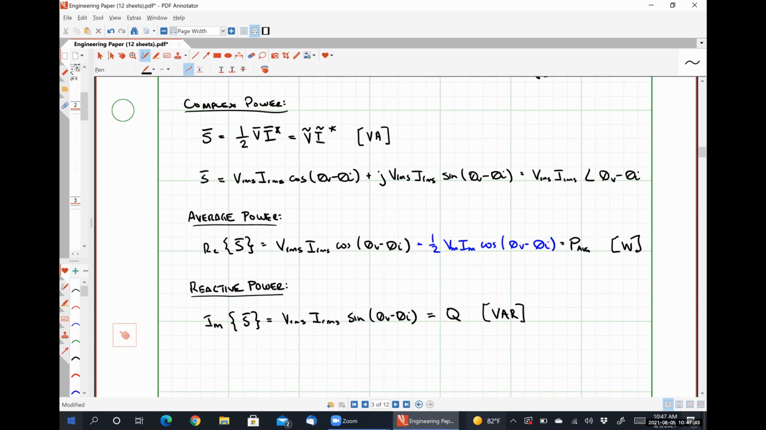A pretty common question that students have asked me is, if reactive power just represents power being transferred back and forth in a system, what is it actually used for? Okay. Reactive power is energy storage, temporary energy storage in an electrical grid. So what I mean by that is